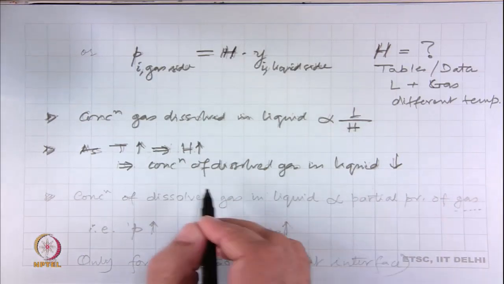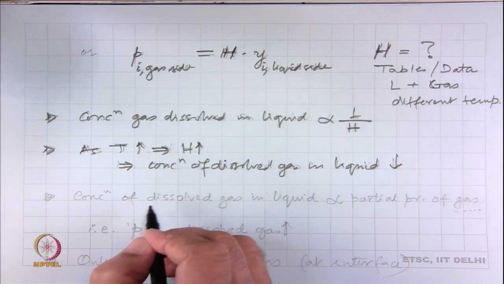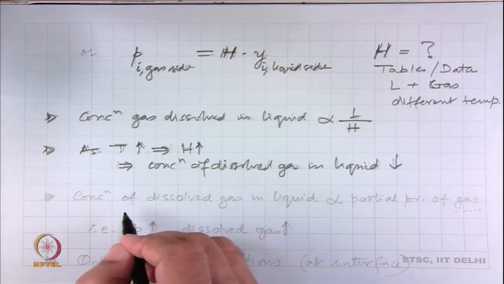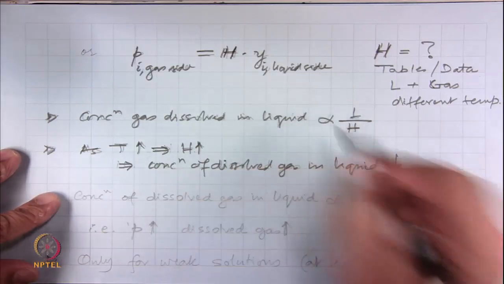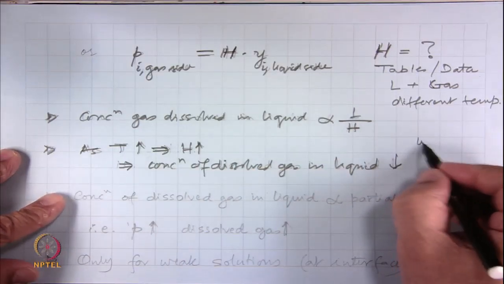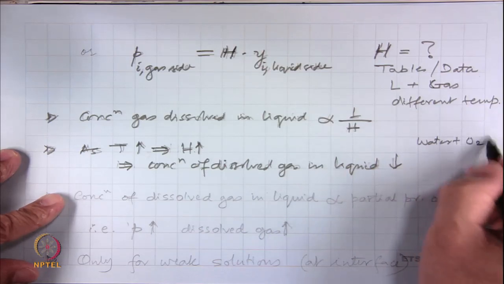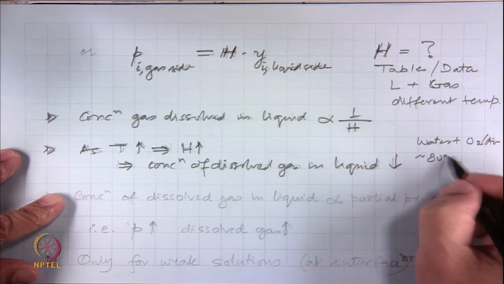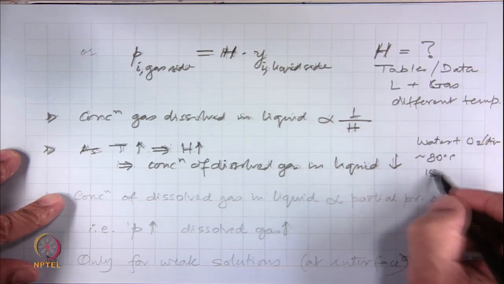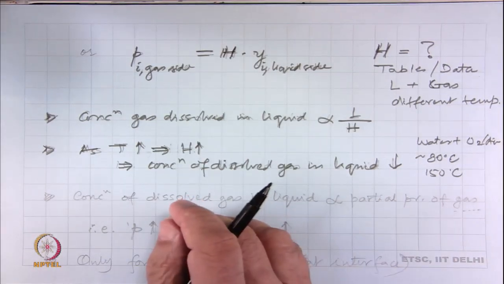So, this is something which is important when we look at practical engineering of power plant cycles or steam based systems, using steam as a working substance, especially at higher pressures and temperatures. If you look at this relation, then for water with, say, oxygen or nitrogen in it, or air, at temperatures of like 80 degrees C and definitely around 150 degrees Celsius, if you just warm up the water and keep it,